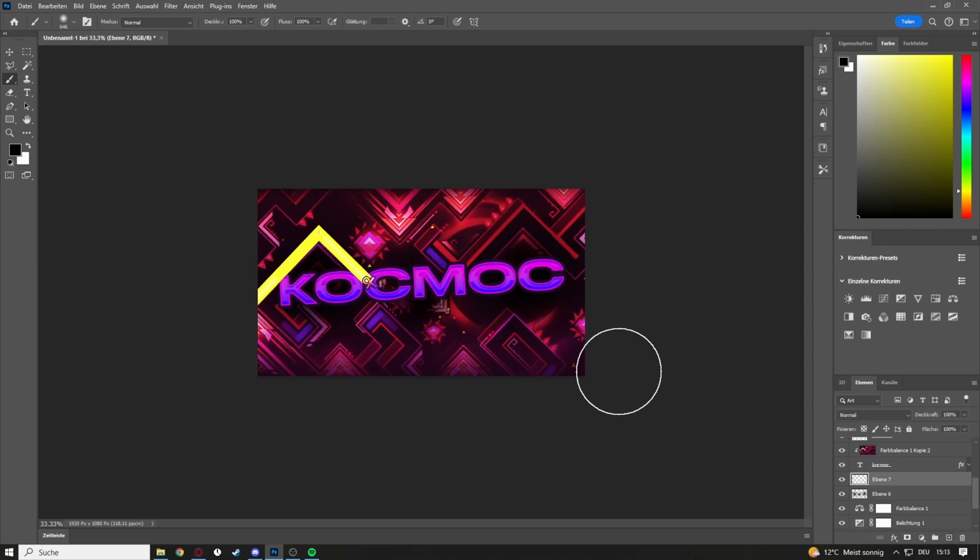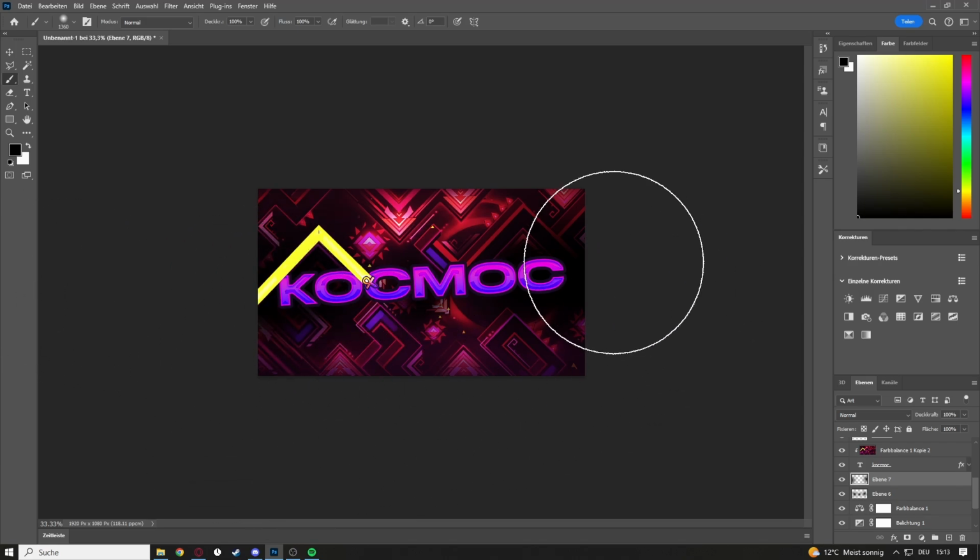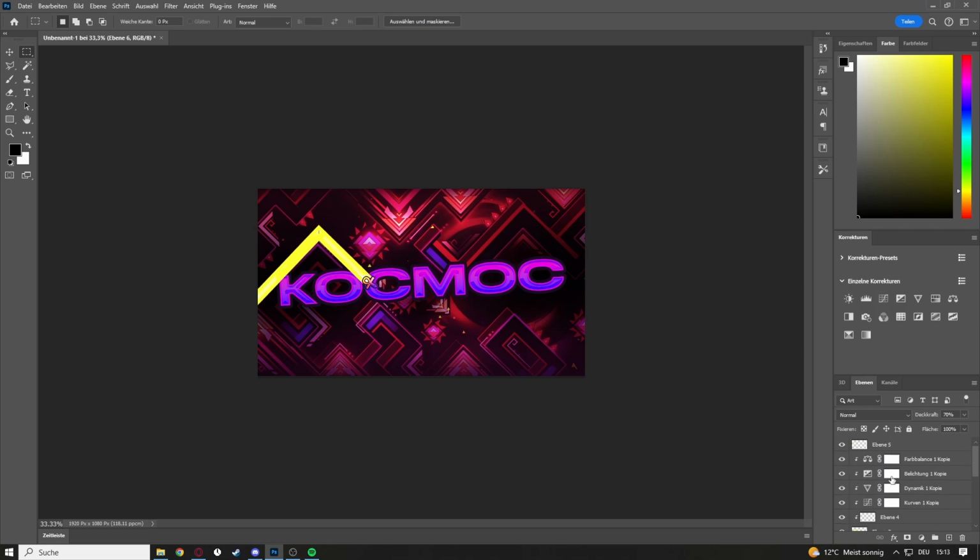You can make much better shadows, you can do multiple things with it, and if you just use the shadow from the layer style, you're just gonna have a shadow around the text and can't really vary with it. So if you do this, you have a much better shadow and can be creative with it. I wouldn't put the shadow at 100% opacity, so you're just gonna put the opacity on like 70% or 80%, and then I would,